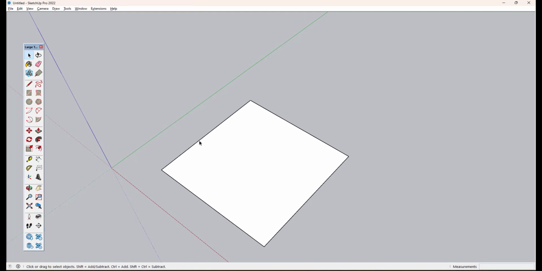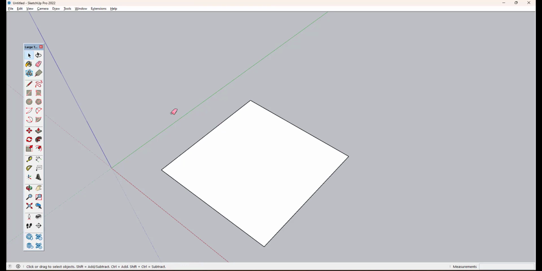To erase any part, you can go to the erase command or else you go with the shortcut, that is E, and you can erase any edge. We lose the face because this face is associated with all the edges, and even you can do Ctrl Z to bring it back.